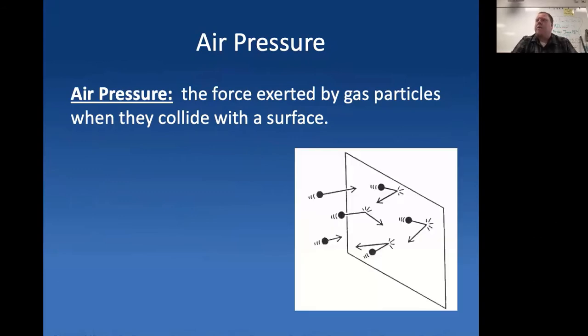Okay. And here's a pretty good picture of air pressure. I would recommend drawing this picture in your notes. We've got little air particles moving around. You can see in this picture, we got a little motion here of them moving, and they're going to hit the wall, bounce off of it. And I love the little lines here that show that it's pushing on it and giving a little force against the wall. All right. That's what air pressure is. It's the force that's being exerted whenever they collide. They're hitting. That's it. That's what pressure is. Hitting. Okay.